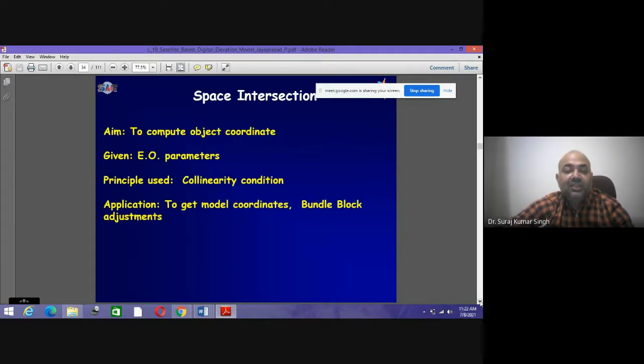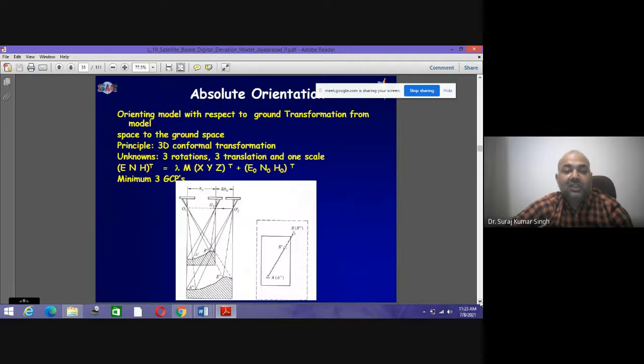Then space intersection is used to compute image and object coordinate systems. The principle used is the collinearity condition, with applications to get model coordinates and bundle block adjustment. Then you have got absolute orientation, where the model is oriented with respect to the ground, a transformation from the model space to the ground surface. The principle is based on 3D conformal transformation. Then unknown coordinates,